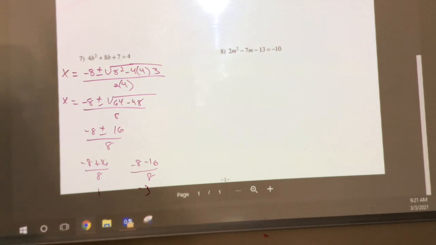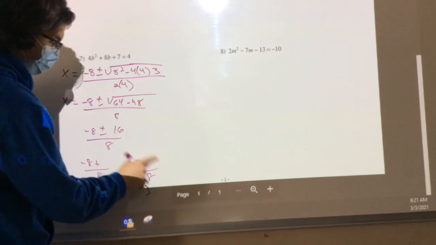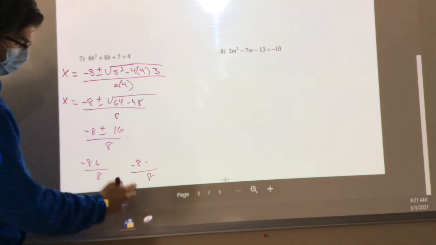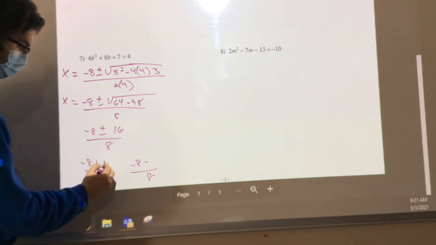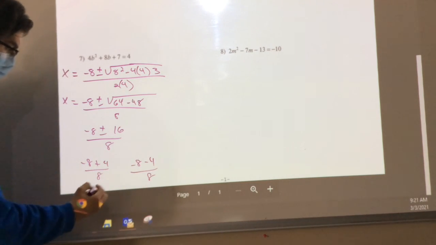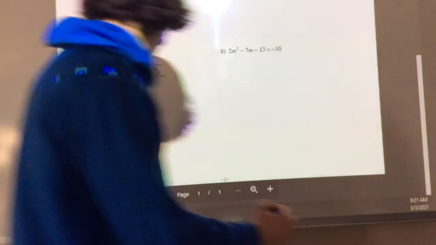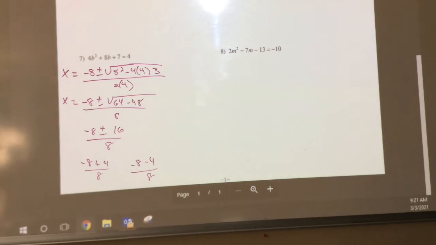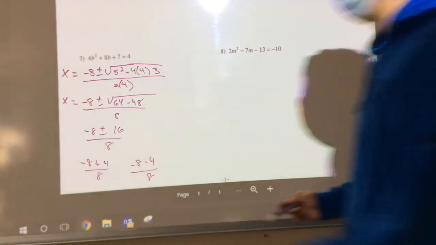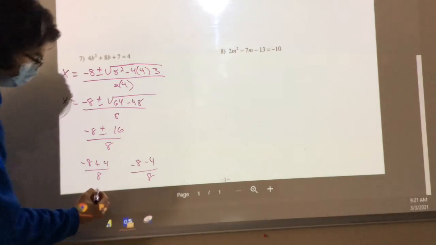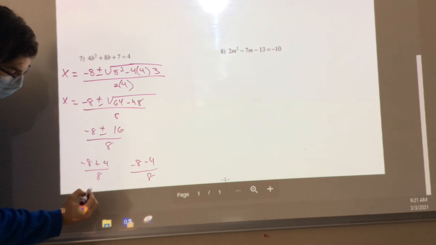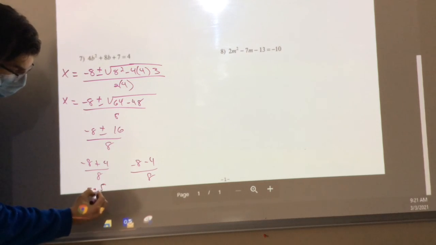Did you square it? You didn't square it. It's 4. You're right. So 4. So negative 8 plus 4 is going to give me negative 4, divided by 8 is going to give me negative 1/2. And then we're going to get